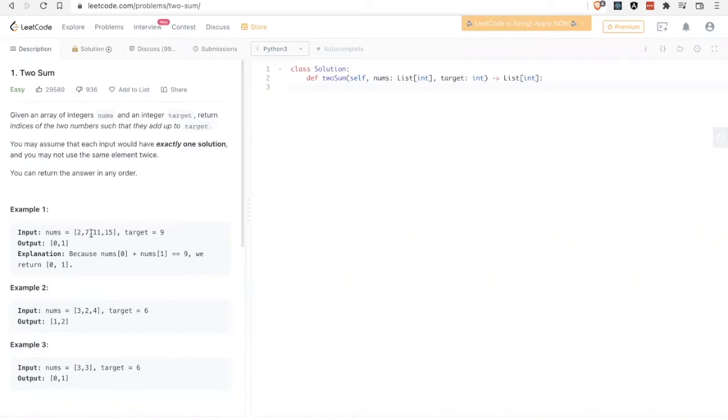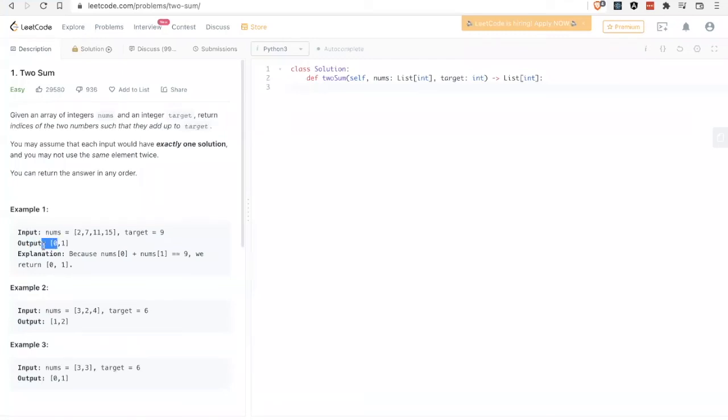So that'll result in 2, and 2 will already be in the hash table. And so that's how you'll know that you have the numbers that'll add up to the target basically.